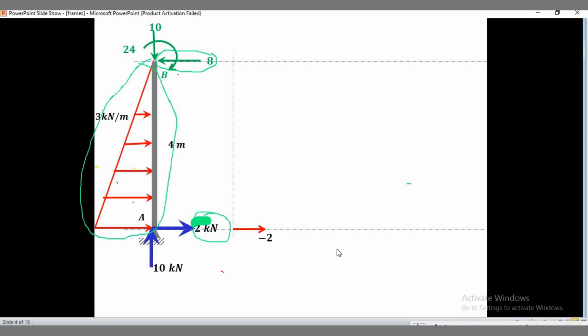Tama? So para makuha ko siya ngayon, magiging negative 2 minus the area of this triangle, which is 1/2. My base is 4. My height is 3. Tama? And that is equal to